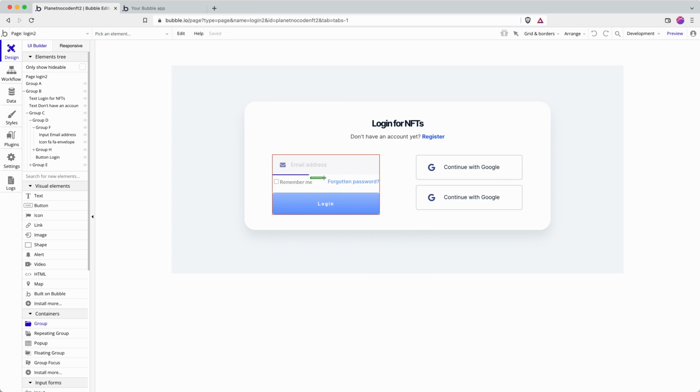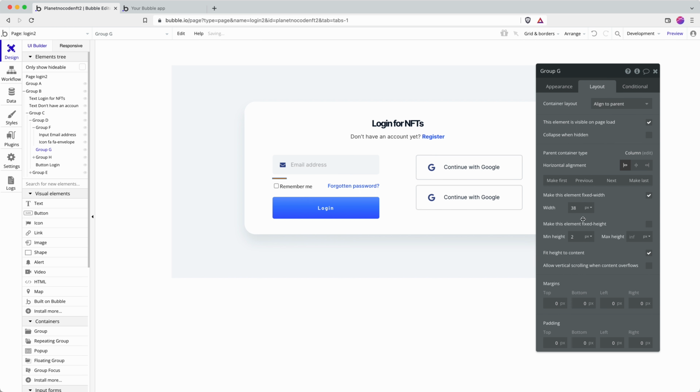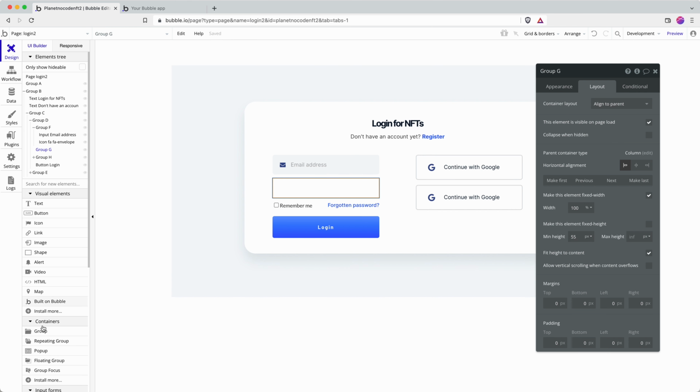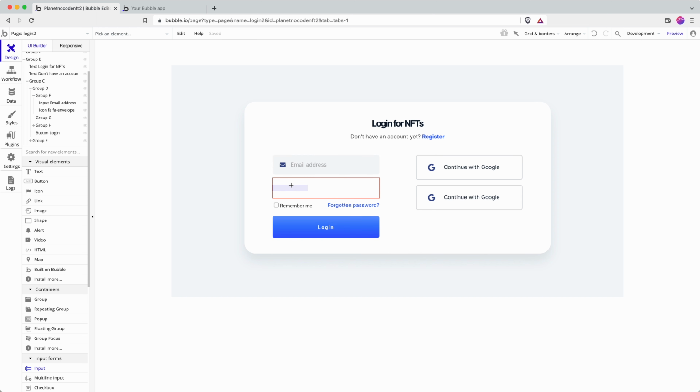First of all, I need to put in a new group, and this is going to be aligned to parent, and you'll see why in a moment. Give it 100% width, and then I just need enough height to work with. There we go. And then inside, I'm going to place my input,